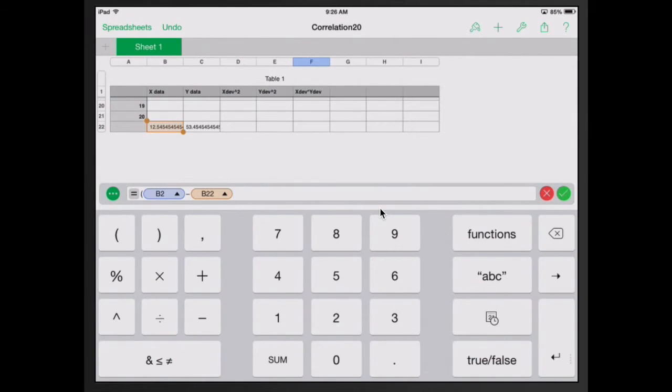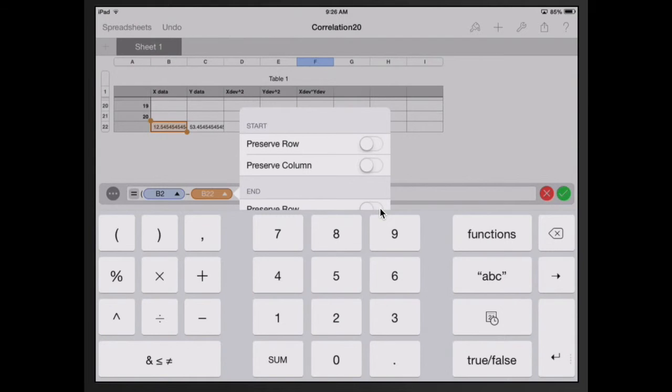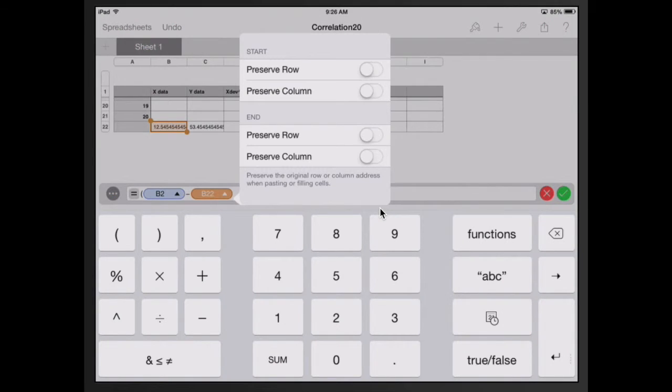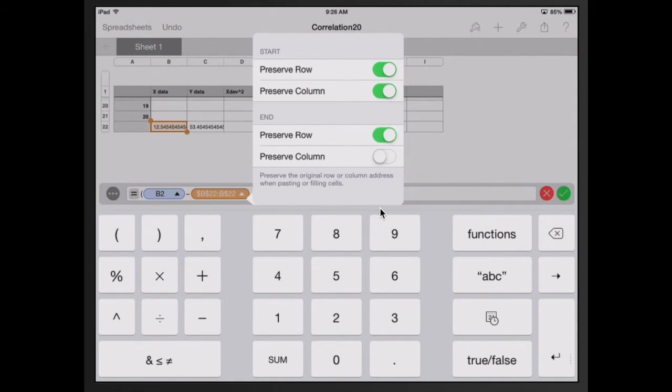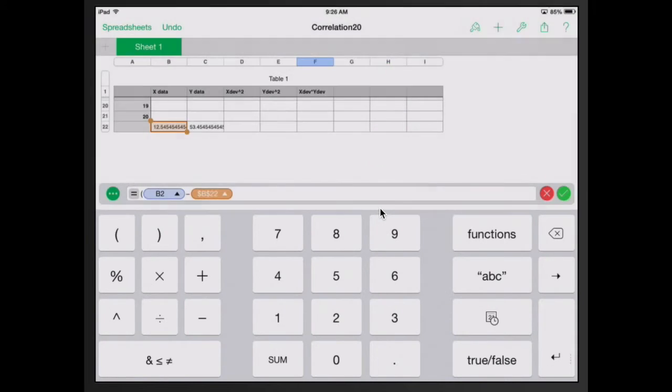the deviation is the value minus the average. I need to make this all preserved, so it's an absolute cell reference. Didn't quite get it, I can see that. Okay, and now it's preserved all around, and tap out of it, close my parentheses, times, open another parentheses for